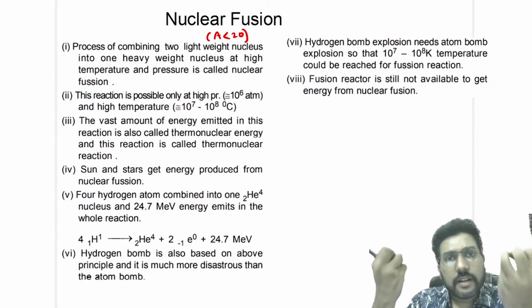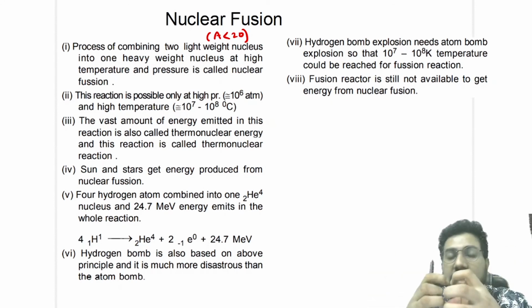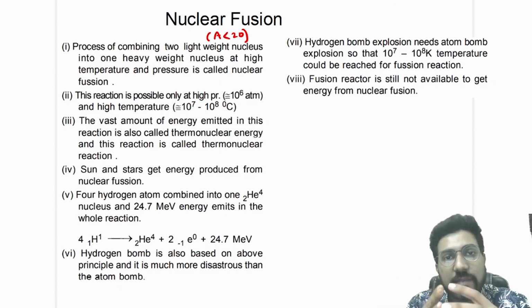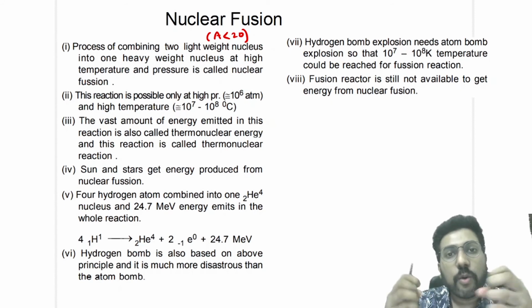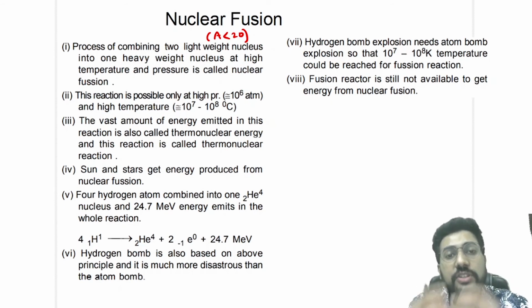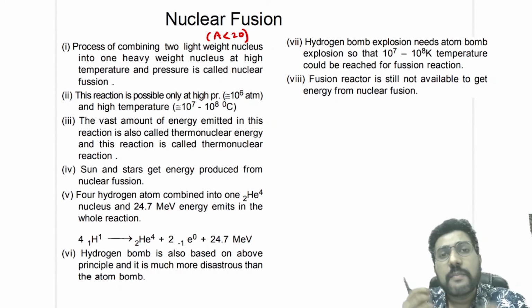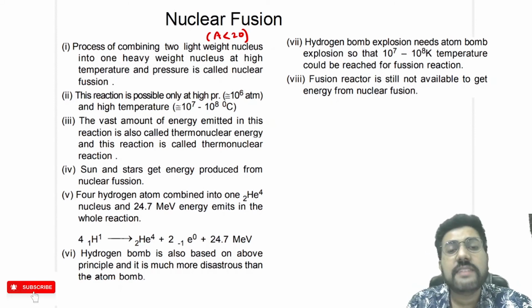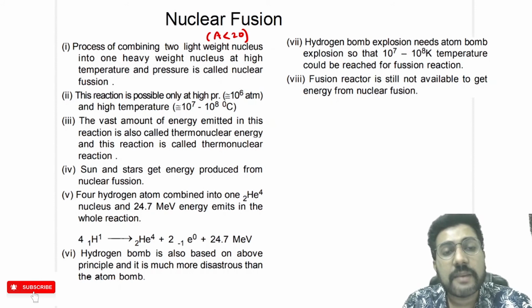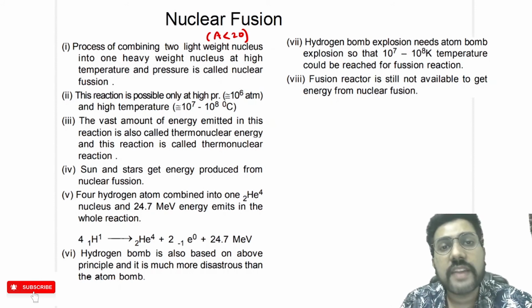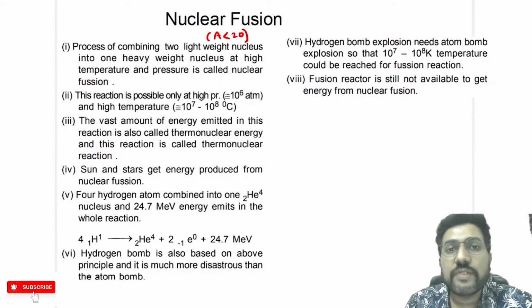These two nuclei will touch each other, that means they will overlap inside the atoms, only if the temperature and pressure are very high. The temperature has to be in millions of degrees Celsius. It is practically impossible to maintain millions of degrees Celsius at the present time. So that is why we do not have reactors based on nuclear fusion yet.